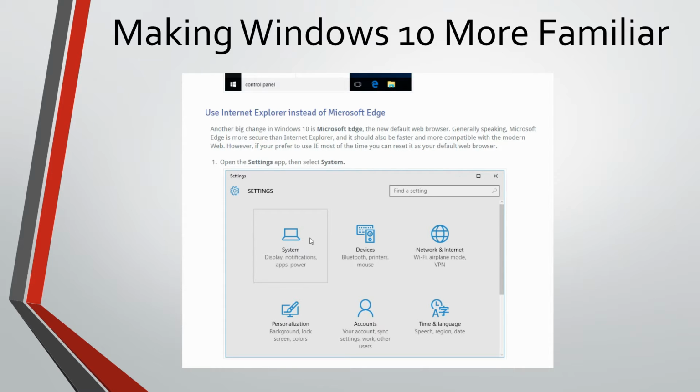Use Internet Explorer instead of Microsoft Edge. Another big change to Windows 10 is Microsoft Edge, the new default web browser. Generally speaking, Microsoft Edge is more secure than Internet Explorer, and it should also be faster and more compatible with the modern web. However, if you'd prefer to use Internet Explorer, most of the time you can reset it as your default browser. So you're going to do that by going into your settings, clicking on System,